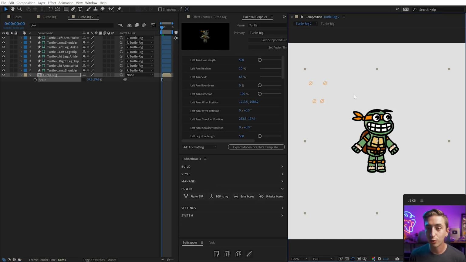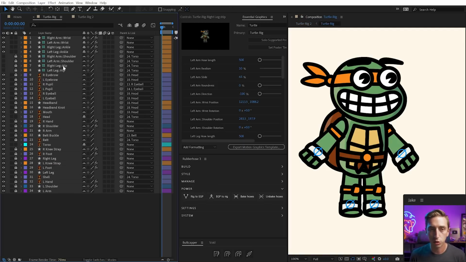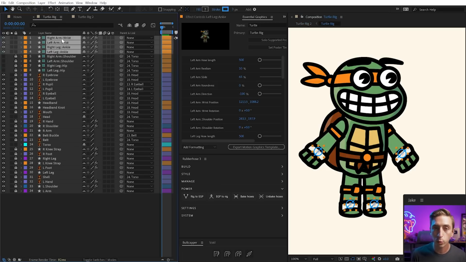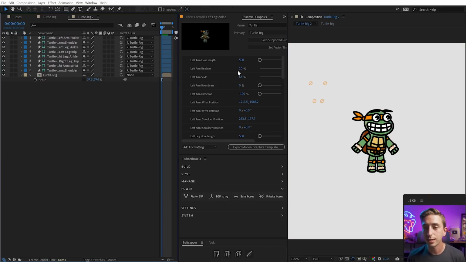Now, I'm sure you've noticed that there are a few controllers over here just floating. The reason for this is these belong to the shoulders and the hips. And the reason these are here is because back in our other comp, those 4 controllers, the shoulders and the hips, are parented to the torso. And that is one limitation of rig to EGP, is any layers that you want to be able to control inside of this comp in the actual positioning that they should be in cannot have parents. So that's why my ankle and wrist controllers, they're not parented to anything. This is just a limitation of this system, but it still provides a lot of flexibility because I can now